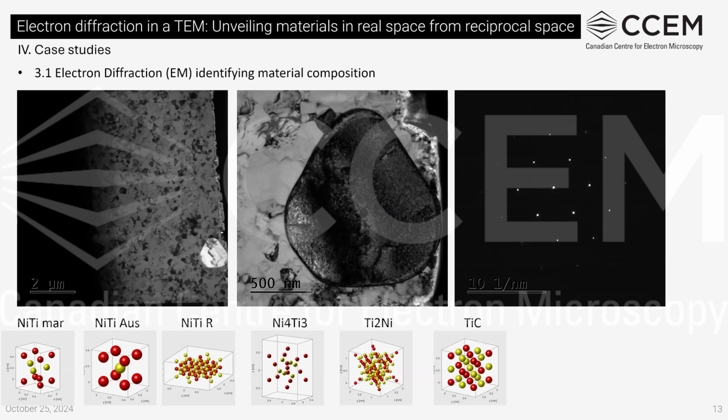For the chemical composition of this thing, we have 6 possible candidates. Here I am showing the unit cells of the possible candidates. If we use these lattice parameters to index the diffractogram, judging from the indexing score, we can see that titanium carbide is the right material composition, so the remaining five candidates are eliminated.